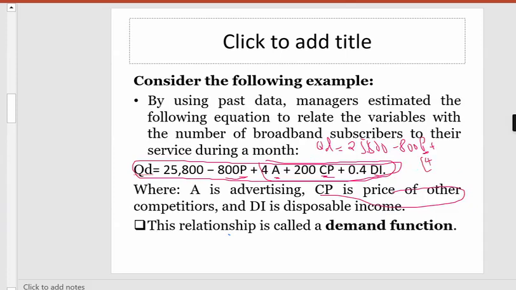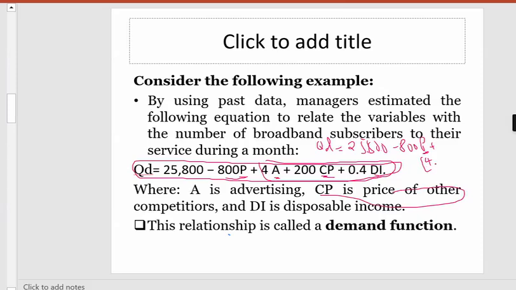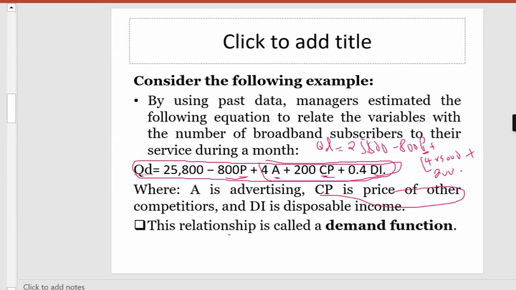What was the advertisement cost? Ilikuwa ni 5,000, si ndo manake? 5,000, right? Yes. 5,000. Okay. Plus what? 200 plus the price of other competitor. What was the price of other competitor? 25. Ilikuwa ni 25, si ndo manake? Yes. It was 25 times 25